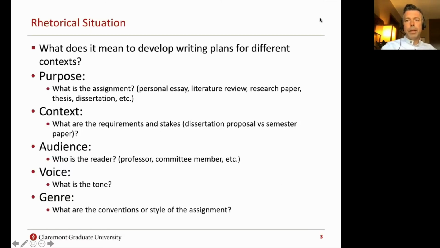So I'll begin with the rhetorical situation. Traditionally, in the initial theoretical formulation, it was comprised of purpose, context, audience, voice, and genre. So from there, there have been a few different formulations of the rhetorical context, the rhetorical situation, but more or less the overall idea is to think of the relationship between you, the writer or speaker,